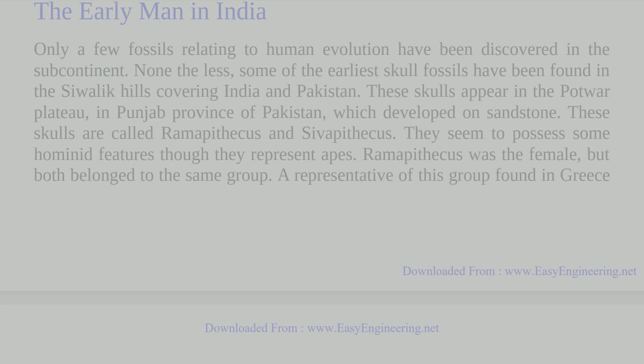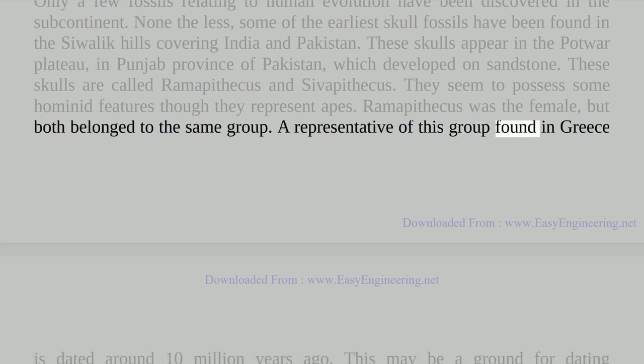They seem to possess some hominid features, though they represent apes. Rumpithecus was the female, but both belonged to the same group. A representative of this group found in Greece